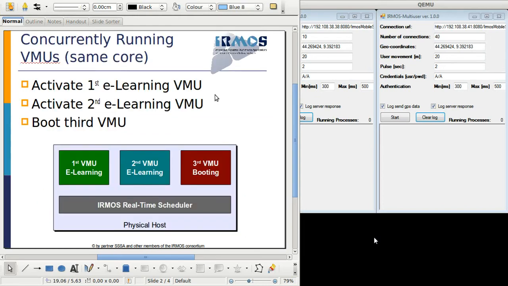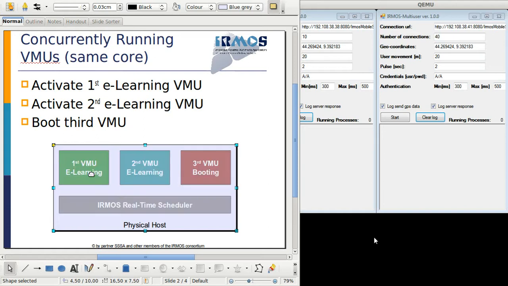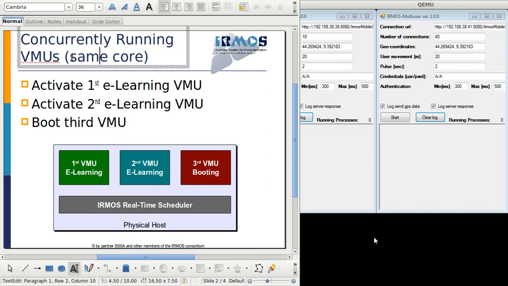Basically, the problem that we face is the following. Whenever we deploy multiple virtual machines on the same host, the virtual machines of course compete for accessing the shared resources available on the machine. First of all, they compete for accessing the CPU, and this is especially true when deploying multiple virtual machines on the same core, which may be needed for better consolidation of service.